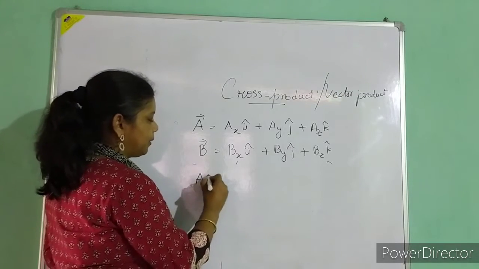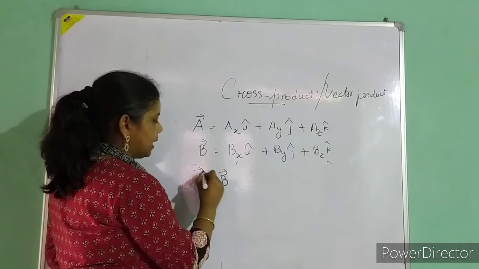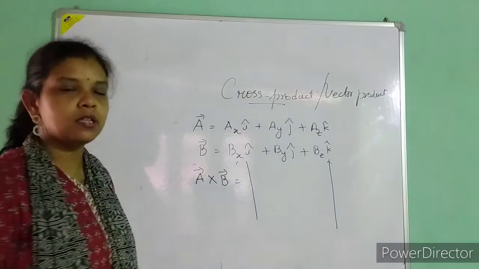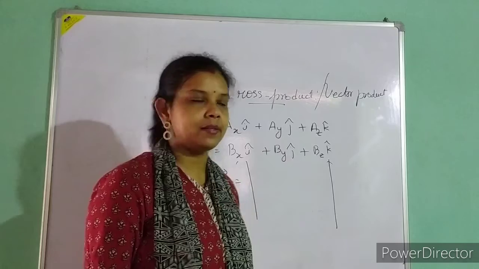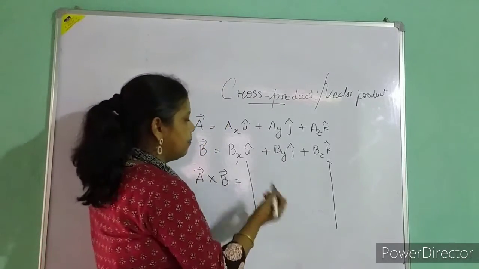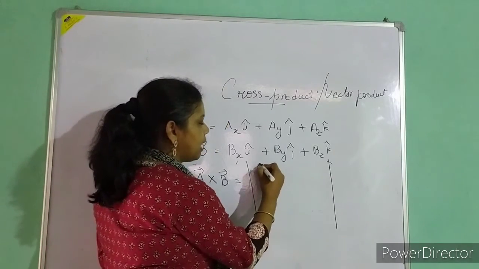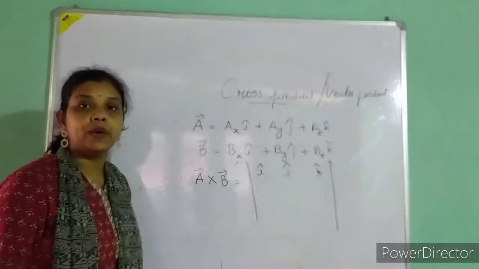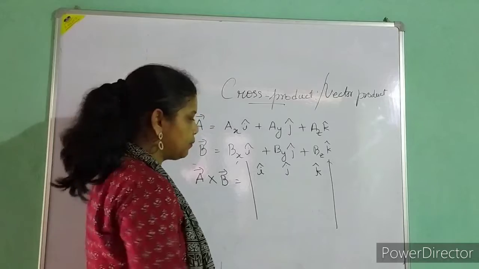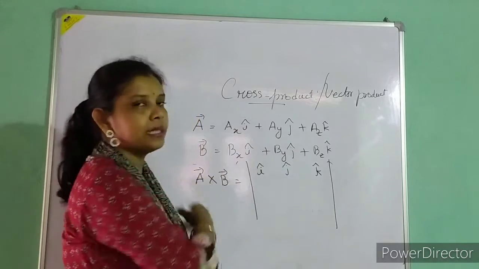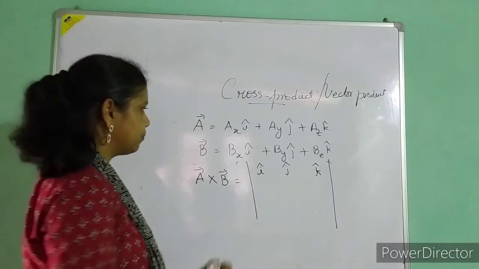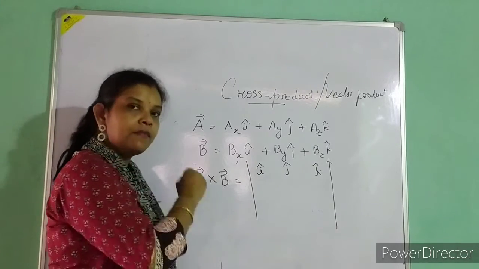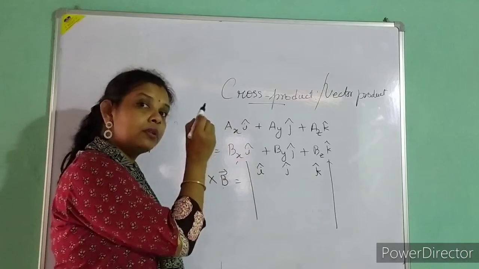So what is my method? I will follow the matrices rule. So I will write A cross B, then I will draw the modulus sign. That is not modulus actually, that is the symbol for matrices. So I will write here first the unit vectors i, j, k. Then I am going to write the magnitudes of each one, in the given question. Since it is A cross B, I have to start with A. If I had written B cross A, then I would start with B.